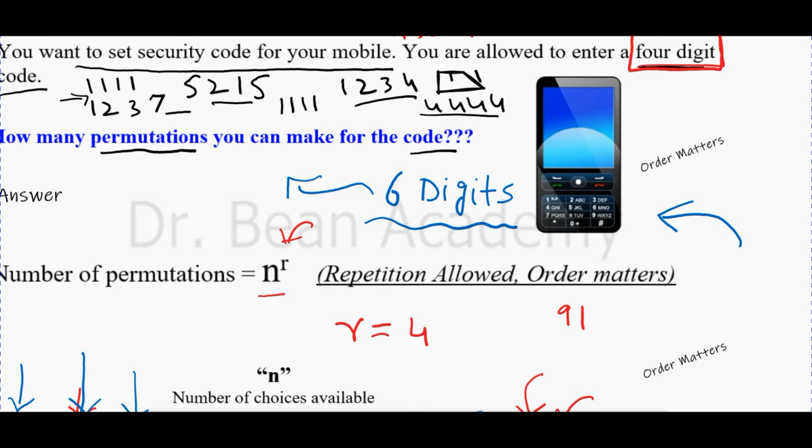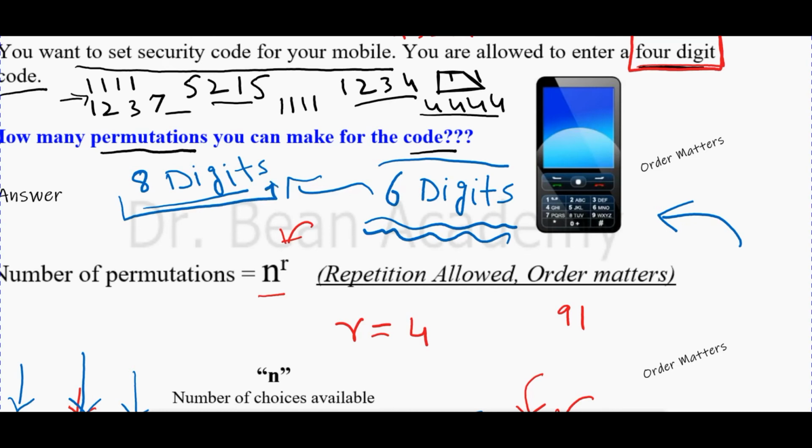And usually it is considered that if you set a longer code, meaning 6 digits, or maybe in the future they make it 8 digits, it is more secure. So if you have a code of 4 digits, it is not as secure as a code of 6 digits, or if you make a code of 8 digits, if it's possible, then it is even more secure than the other two.